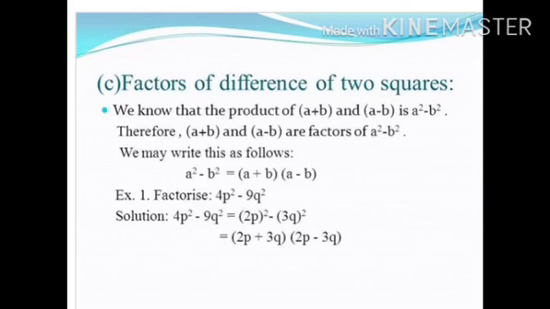Okay, now I will take one more example from your book, page number 99. The question is: factorize 49x square minus 16y square. So 49 and 16 both are squaring numbers. So you have to write it like this: (7x) whole square minus (4y) whole square, and by using the identity a square minus b square is equal to (a plus b)(a minus b), we write (7x plus 4y) in one bracket and (7x minus 4y) in another bracket.